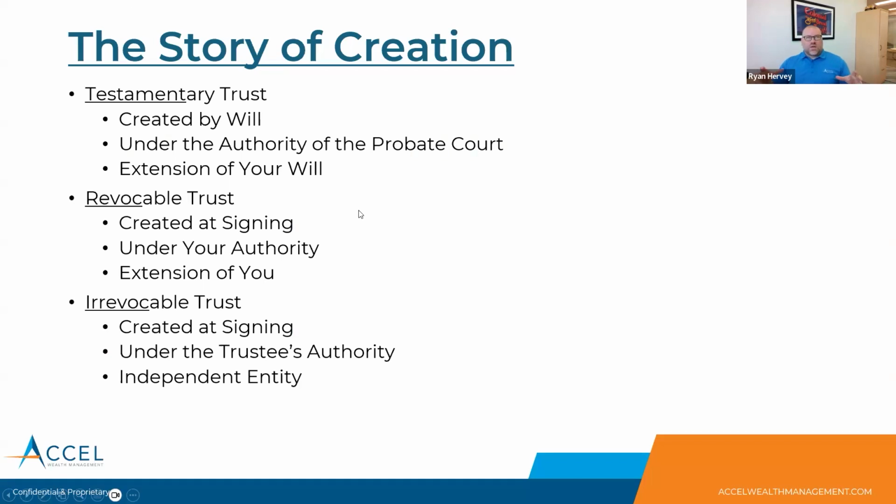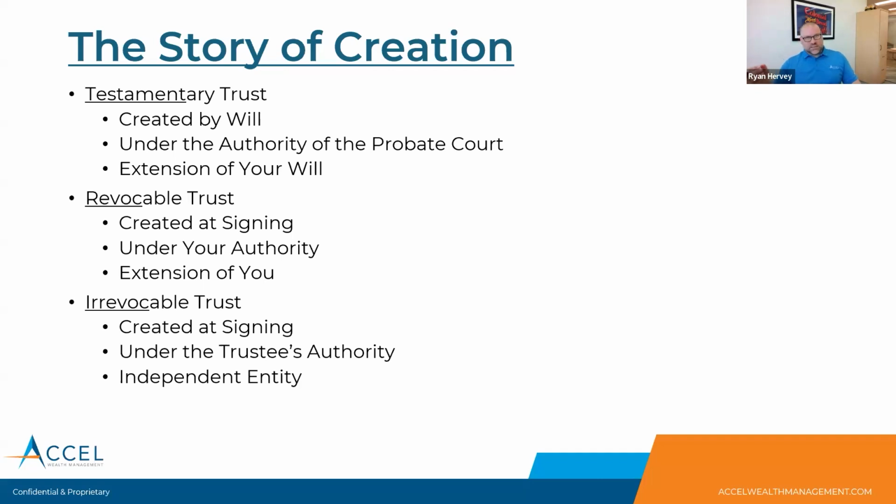So to understand trusts the best, this is really a creation story. So we talked about why Rome did it, why England did it. Today, even the way we make our trust impacts the way that it behaves. So in our columns, we have the testamentary trust. And that is a trust that gets created by your will. So it's not something in existence until you die. And even at your death, it is not created. It is created once your will goes into probate. And the probate court itself starts that trust.